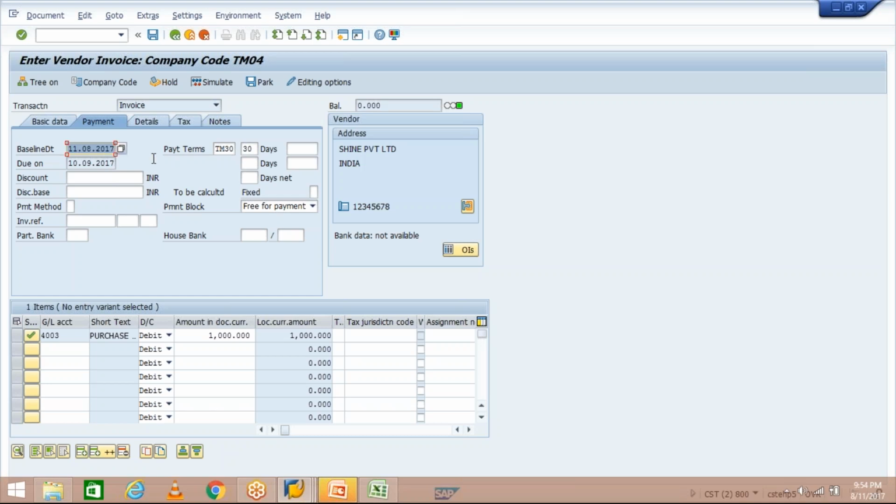So now the system is going to calculate 30 days from 11th of August. See here, the system has updated 30 days. 30 days is going to be calculated from 11th of August. So when is the item going to be due? It is going to be due on 10th of September. 11th of August plus 30 days, it is going to be due on 10th of September. It means on 10th of September we are supposed to make payment. Okay. Now click on simulate